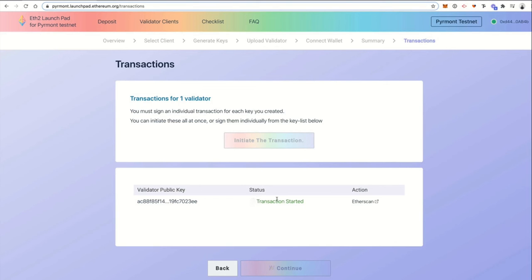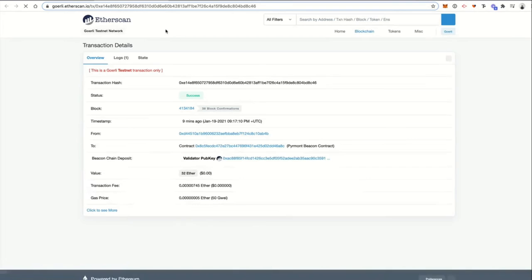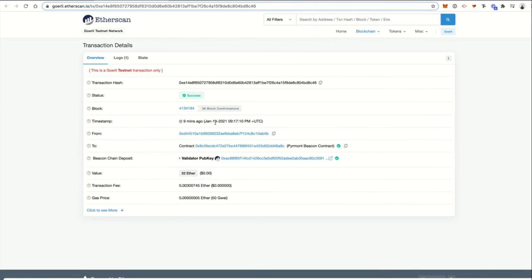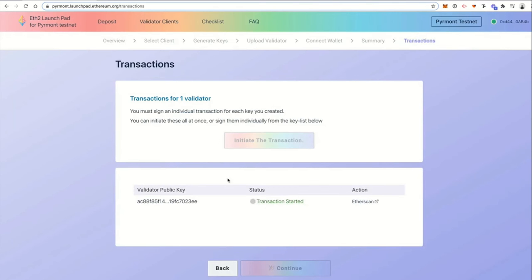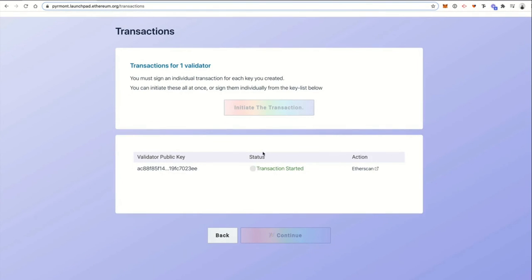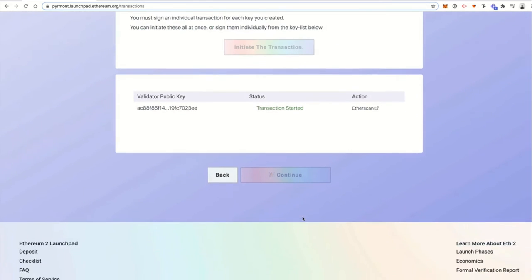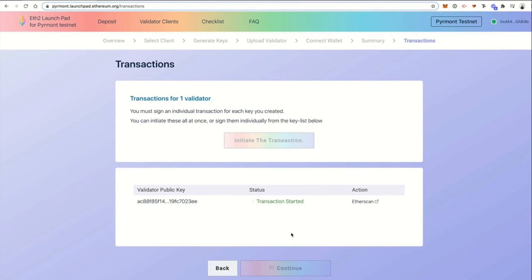Now it says the transaction has started, but I saw my MetaMask confirmation come up. So if you click on Etherscan, it's probably finished for you already. You can wait for this to say transaction finished and click continue. If you do, all it's going to do is show you a success message. So you can either wait for this to finish, or you can go ahead and move on to the next step, which is